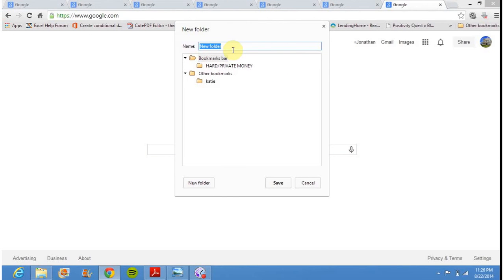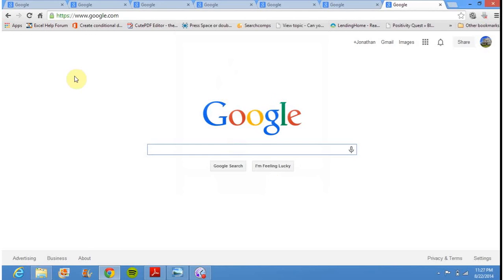I want to name this Google search tabs for pictures of comps. You can really name it anything you want, but that's what I'm trying to do for right now. I hit save. Okay, and what it did is I already have this toolbar already pretty filled up,